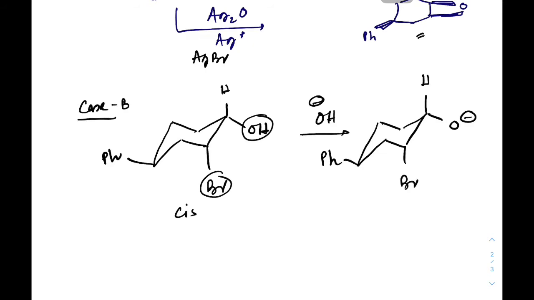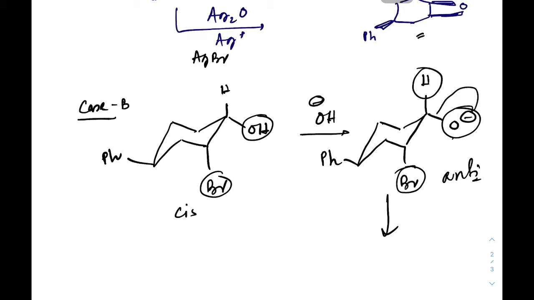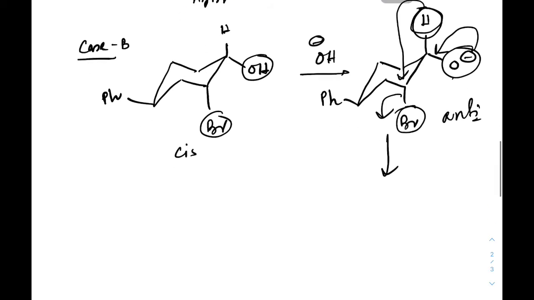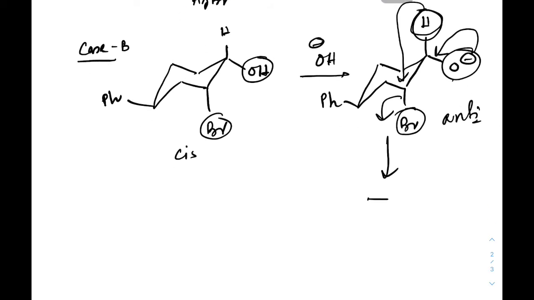Now after forming that, you can see this O minus is not in a properly oriented conformation, because O minus and bromine are not properly in anti manner. Therefore there will not be the same reaction as previous. In this case the H is properly anti-position with respect to this bromine, therefore there will be a hydride transfer type reaction. This O minus will get back there and this hydrogen will transfer to carbon and eliminate bromide and give this type of product.